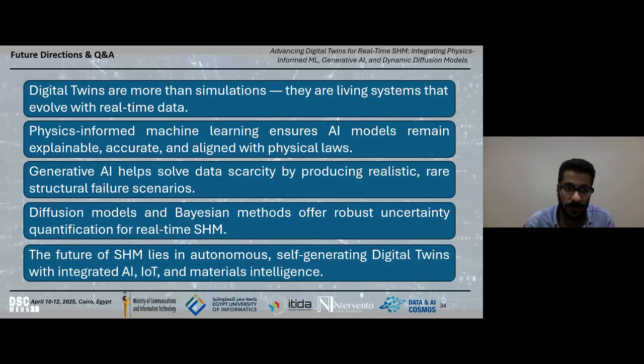Great. So as a final takeaway, a few final thoughts. Digital twins are transitioning from static replicas to intelligent systems, integrating physics, AI, and real-time sensing, and introducing unprecedented capability to infrastructure resilience. With tools like physics-informed machine learning, GANs, or diffusion models, you will be able to empower your twins to predict, learn, and even act on your physical model.